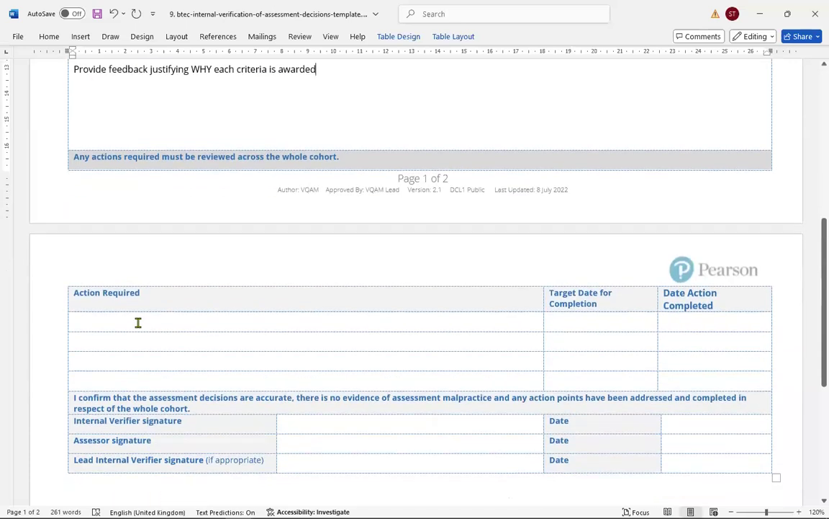but here's the key part, the action. Now, this assessment decision awarded a distinction when we didn't think the distinction was appropriate. So we need to change this assessment decision, but we also need the assessor to look back at every distinction criteria they've awarded for this unit, because it's likely that it's not just this one that's incorrect. So I would put as an action here to review all distinction